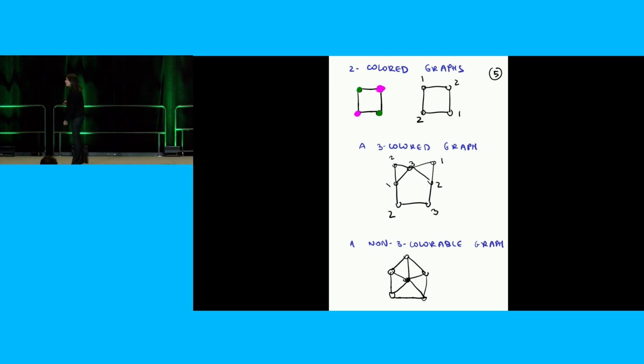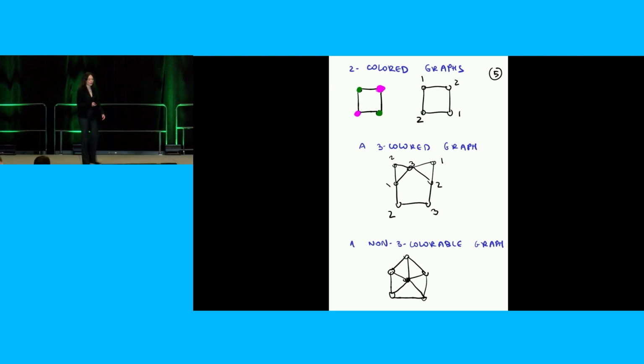Now, how do I know for sure that it's not three-colorable? Not three-colorable means the three-coloring problem doesn't have a solution. I cannot partition it into 3 stable sets. And how do I know that? Well, suppose I could color this with 3 colors. So I need to color the middle vertex with some color. Let's say it's 1. So now I need to color the outside with colors 2 and 3. But they have to alternate, right? Because this is 2, this has to be 3 because they're adjacent. So this has to be 2, and this has to be 3, because they're adjacent. But it's an odd cycle. You can't keep alternating 2, 3, 2, 3 on an odd cycle. So that's not a three-colorable graph. That's a four-colorable graph. Okay, so that was just some examples of what graph colorings are.